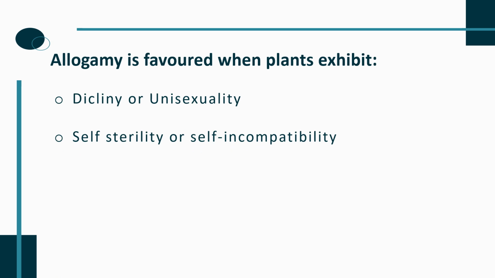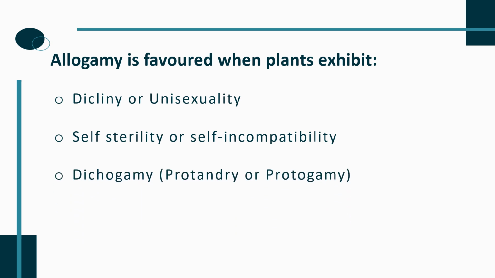The second condition is self-sterility or self-incompatibility, where the male gamete of one flower is unable to fertilize the female gamete of the same flower. Third condition is dichogamy, which includes both protandry and protogamy. It is when male and female sex organs mature at different times. Protandry is when the anthers mature first, as in case of sunflower, and protogamy is when carpels mature first, as